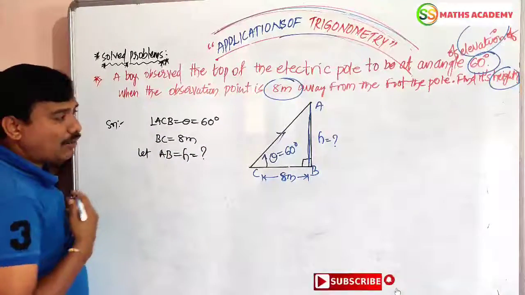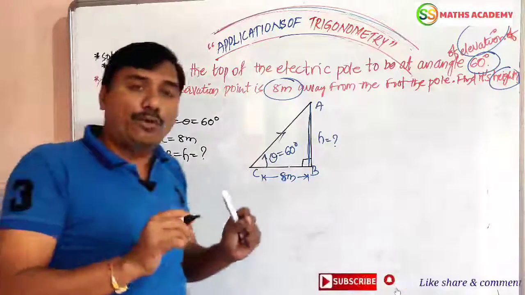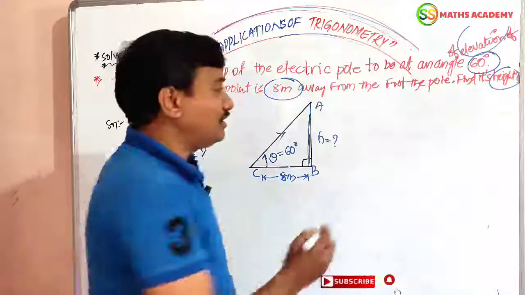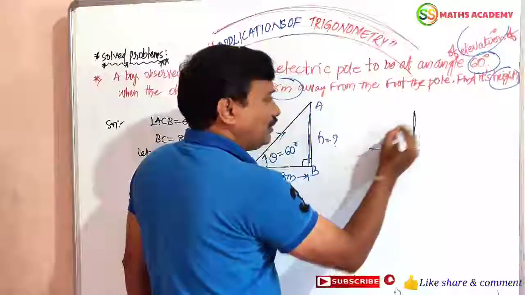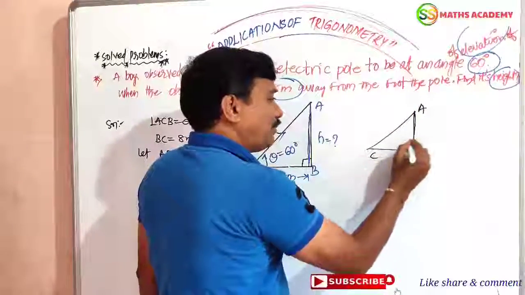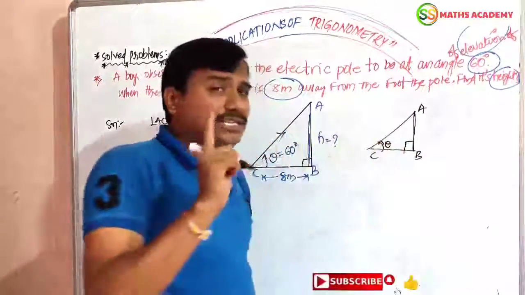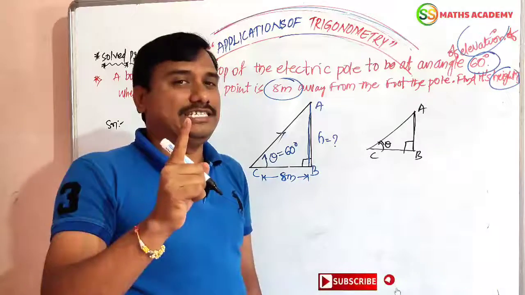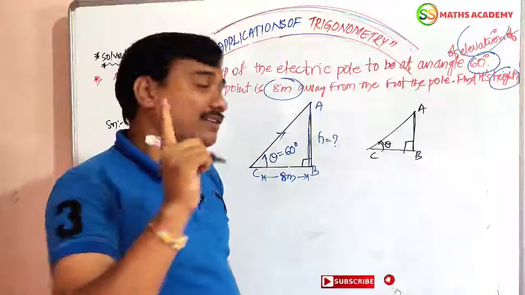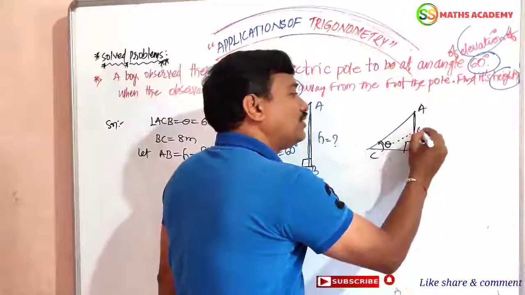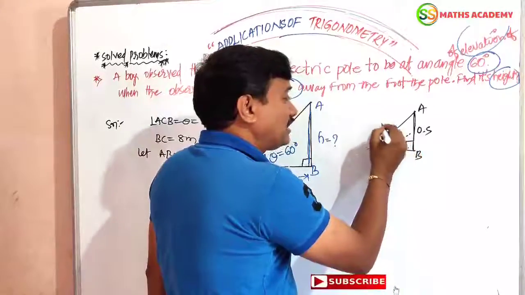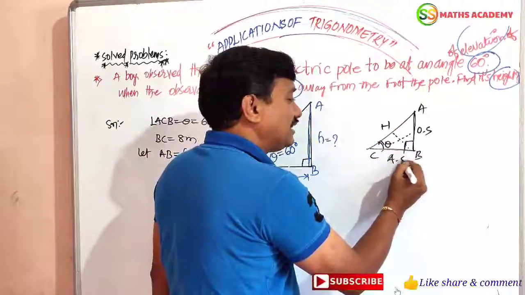Clear. Now I have to apply the knowledge. Very important thing is that I have to apply the knowledge of trigonometry, dear friends. The knowledge is, yes, I am sharing with you. Just listen one minute. In triangle ABC, suppose this is theta. Where is the theta? Quite opposite is the opposite side. Where is the 90 degrees? Quite opposite is called the hypotenuse. This one is the adjacent side.